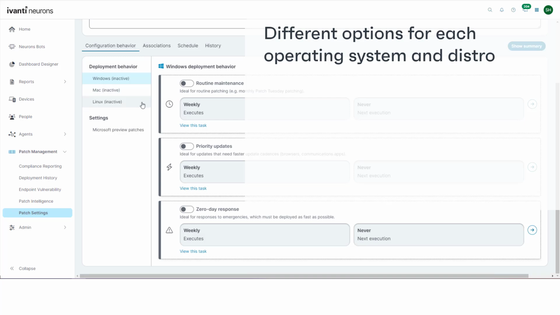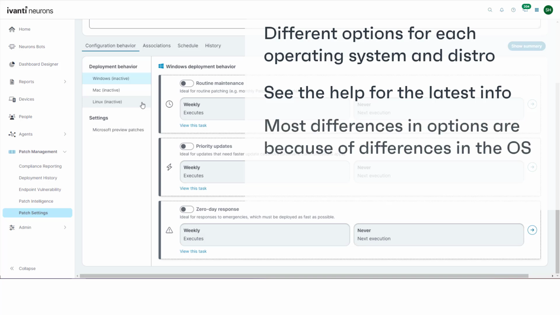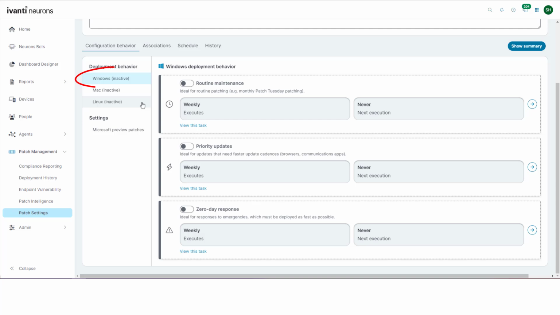We are constantly adding new functionality, so remember to check the help for the latest information, but the differences in options for the different operating systems are often because they provide different information to base decisions on and provide different abilities themselves. In this video, we will look at the configuration options available for Windows, as this is the most common operating system and also demonstrates a wide range of the options that may be available.